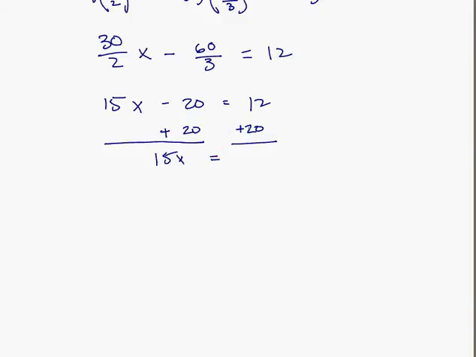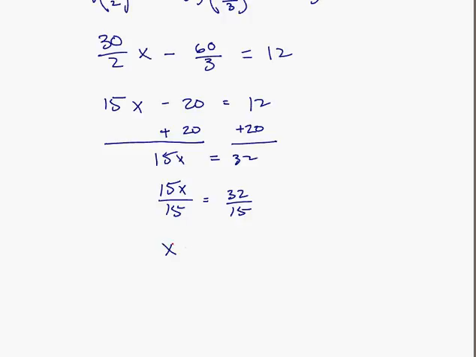And now simply to isolate the variable, to get x by itself on one side of the equation, you notice that 15 is multiplying x, so we'll use the inverse operation and we'll divide. So we'll go 15x divided by 15, and what you do to one side of the equation, you do to the other. So we'll go 32 divided by 15. So we have x now is equal to